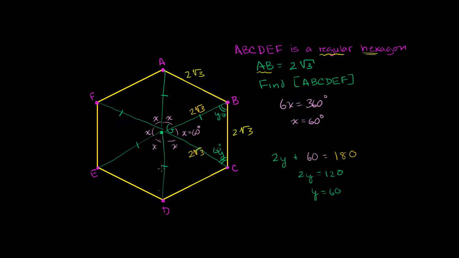So pretty much all of these green lines are 2 square roots of 3, and we already knew, because it's a regular hexagon, that each side of the hexagon itself is also 2 square roots of 3. So now we can essentially use that information. We can use that information to figure out, actually we don't even have to figure this part out, I'll show you in a second, the area of any one of these triangles, and then we can just multiply by 6. So let me focus on this triangle right over here and think about how we can find